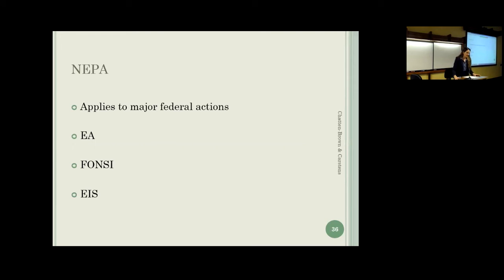And for a project that requires both federal and state approval, frequently there will be a joint EIR/EIS prepared. Federal agencies cannot, after the fact, rely on a CEQA document that was prepared. They have to have their own document prepared. So they can't, like a responsible agency under CEQA can just use an EIR that the lead agency prepared. A federal agency can't do that.